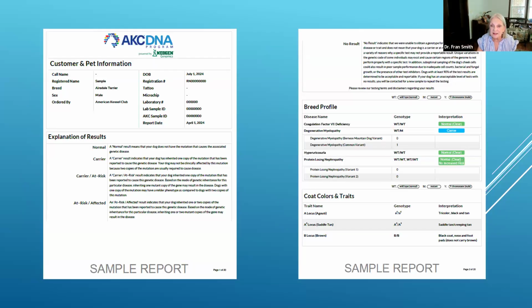So here's an AKC DNA panel, again, a sample. And if you look over here for this particular dog, this happens to be an Airedale Terrier. This report was provided by the AKC. And you can see we talked about DM. DM is right here. And you can see that this Airedale carries 1 copy of the gene for degenerative myelopathy. That would tell me that he is highly unlikely ever to have trouble with rear end lameness and weakness as